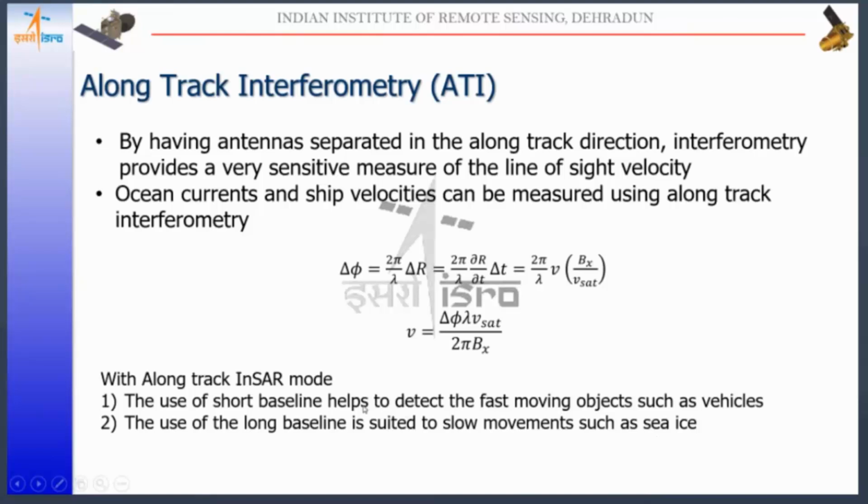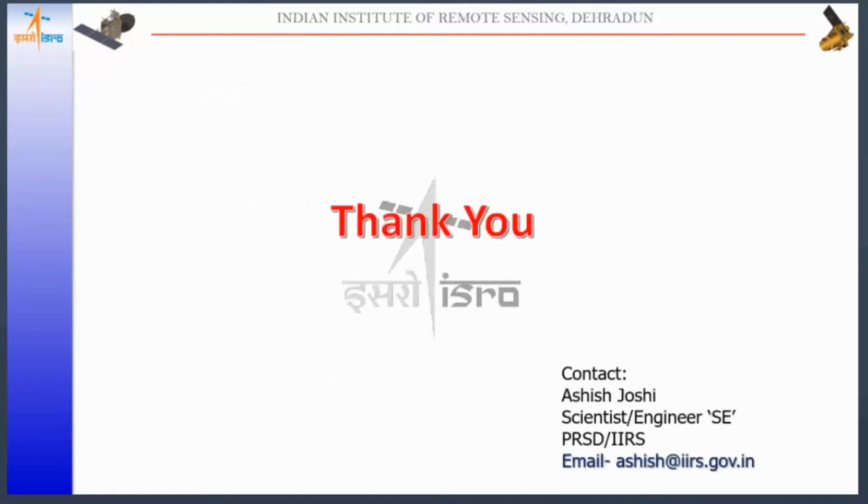Okay, so in our application, we want to find out the velocity. If you have to find out the velocity of a fast moving object, then the baseline should be as low as possible. But if we are using the interferometry for ice motion, then we have to use the long baseline. Okay. So this is all about SAR interferometry, in which we have discussed different types of SAR interferometry